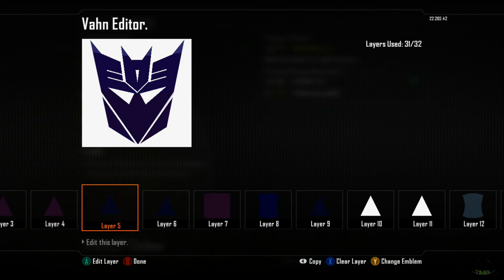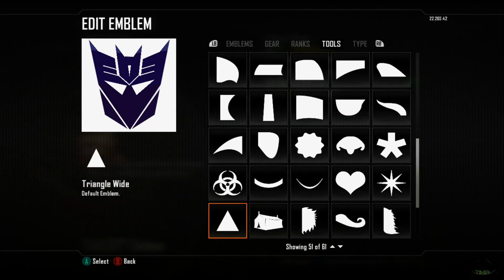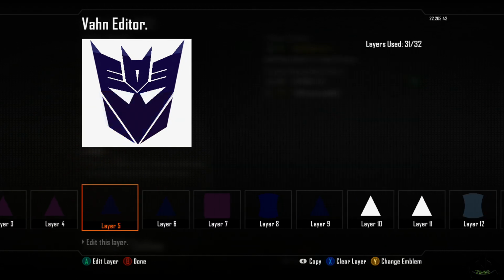Now layer 5 is the transitioning that I used whenever I was wanting to give some coloration and shadowing to the Decepticon itself. I know there's a lot on YouTube and they look pretty basic. If you want a basic one, go there. If you want something that looks unique, come here. Alright, so going on from that, you got a triangle wide that I actually used,